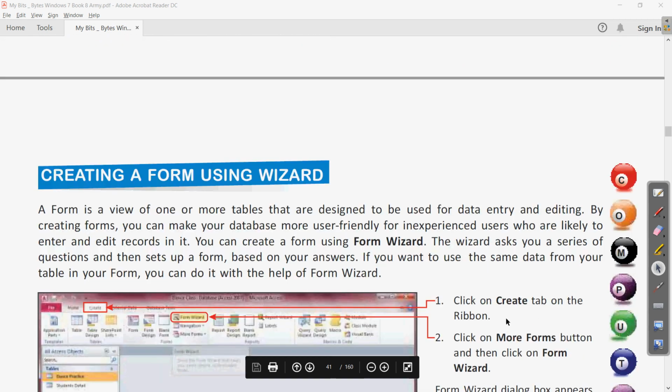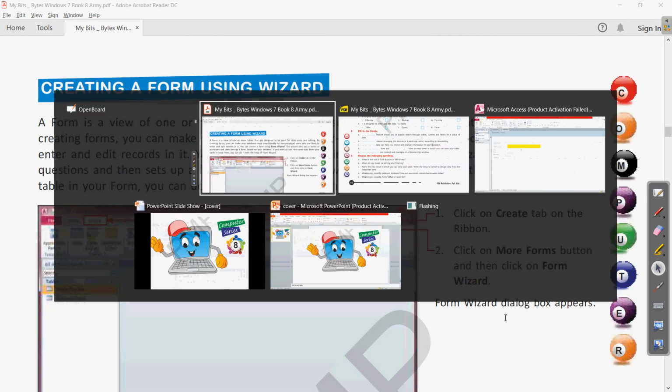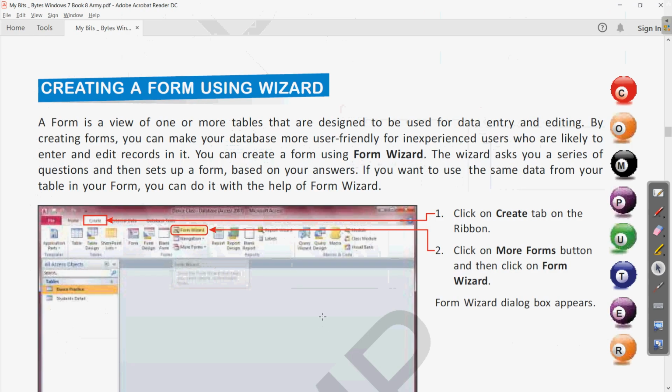Okay, on page number 41. So what is a form? Here also there are two parts of the question, what do you mean by form and what it is used for. Okay, so let us see the answer. From the starting it is given that form is a view of one or more tables that are designed to be used for data entry and editing.